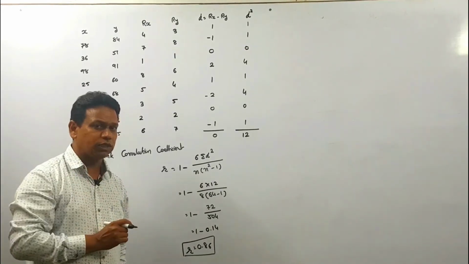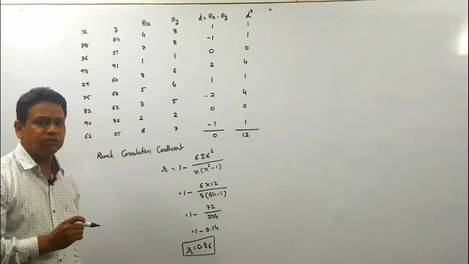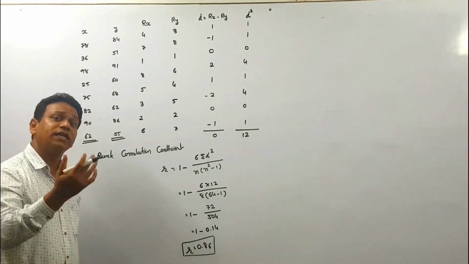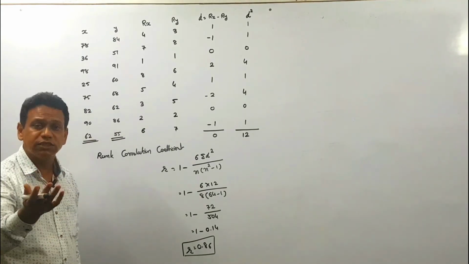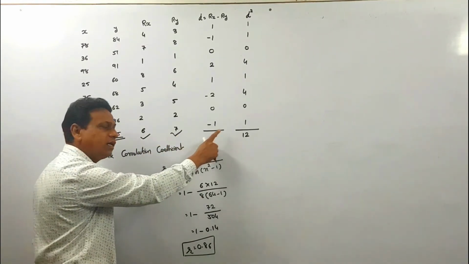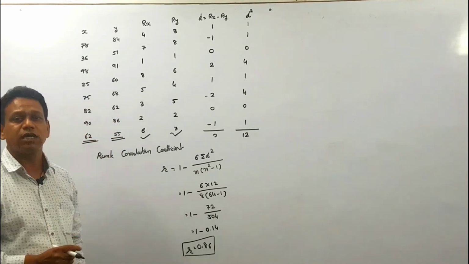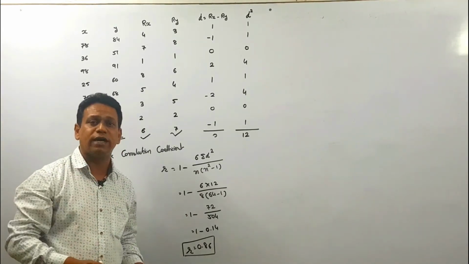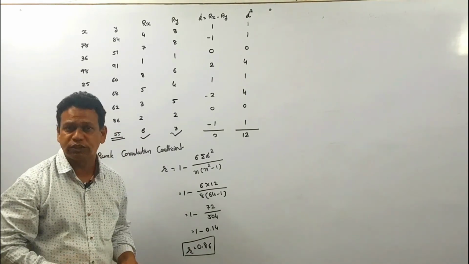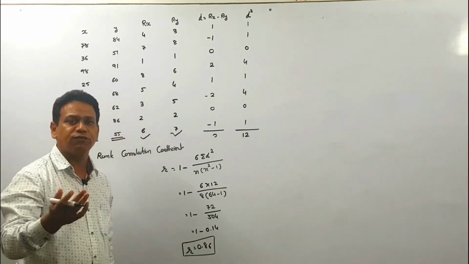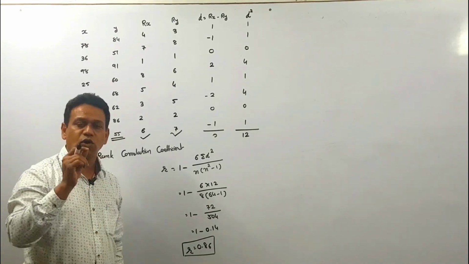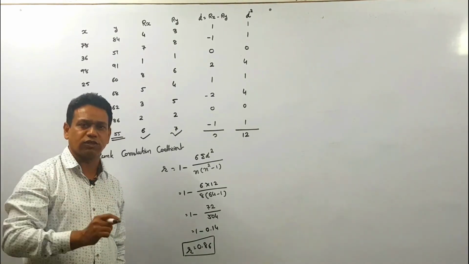Okay, now one more thing I would like to discuss with you. In the exam, sometimes they are not giving the values, instead only ranks are available. So my dear friend, it is very easy because ranks are available, so we have to make only the column of d and then d square. But many students are very happy in the classroom seeing the easy paper, and due to happiness they make mistakes. What kind of mistakes? The ranks are available, but many students assign ranks again to the ranks. So it is wrong. So always read the question first, what to do.